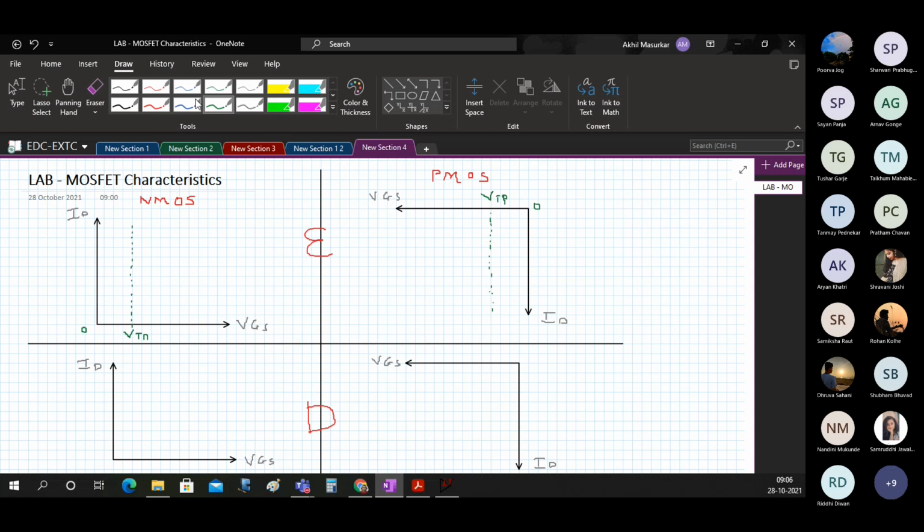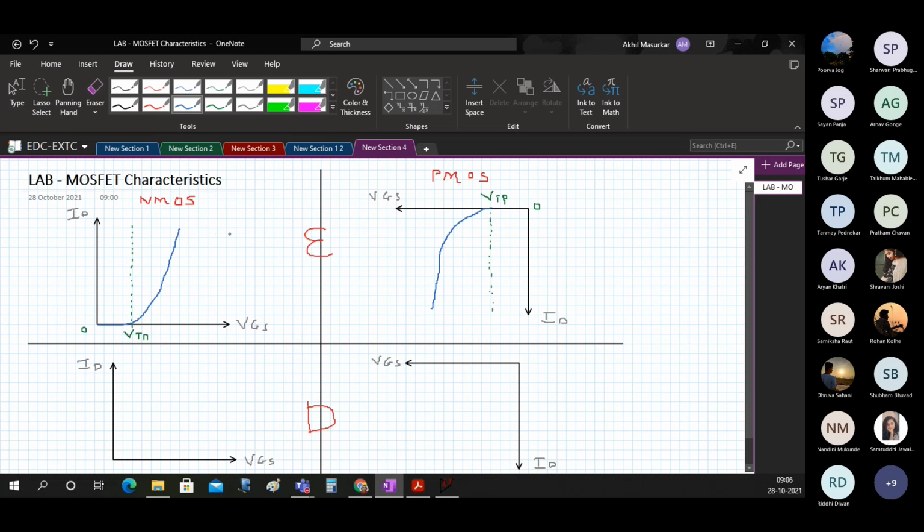Now when VGS becomes greater than the threshold voltage, your current is going to increase. And here, when VGS becomes more negative than this threshold voltage, this current is going to increase. So this is basically the enhancement type characteristics of NMOS and PMOS.